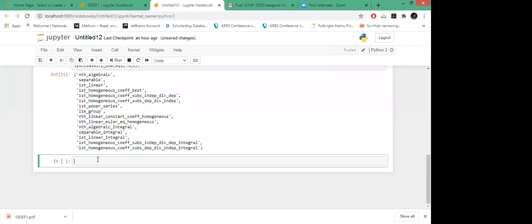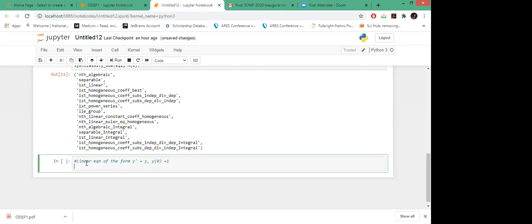Okay. And now let's see how we can solve this linear equation first. Let's take the example of a linear equation in the basic form. Suppose y dash is equal to y, and with the initial condition I'm defining y(0) = 1.